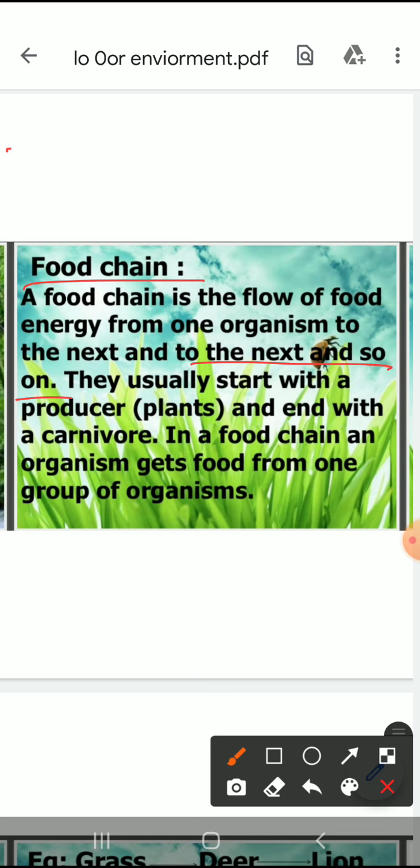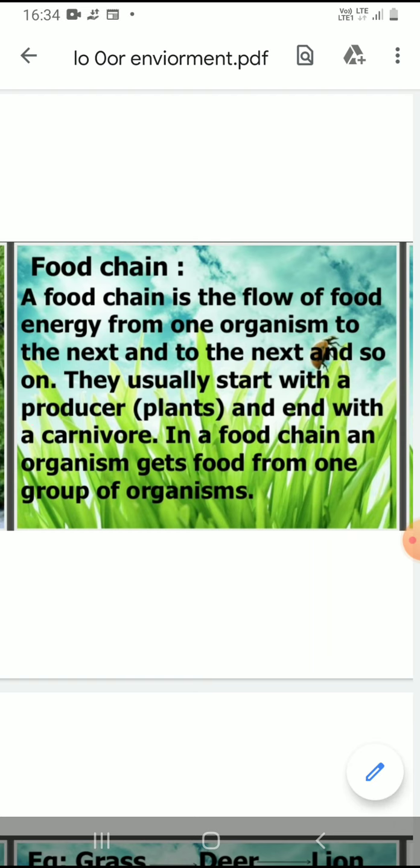Get it? You know that the food chain usually starts with the producers. Producers are always plants. The starting point of a food chain is a category of organisms called producers, and producers are in fact plants. So we can say that every food chain begins with a green plant or grass, which is the original source of all food. Get it?